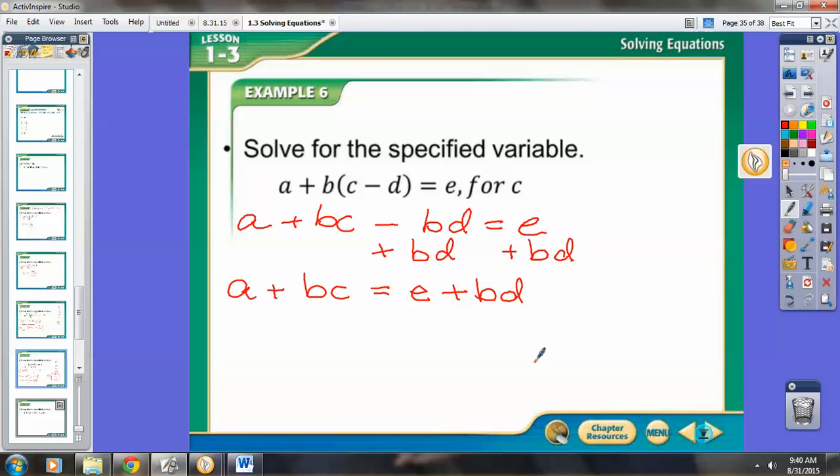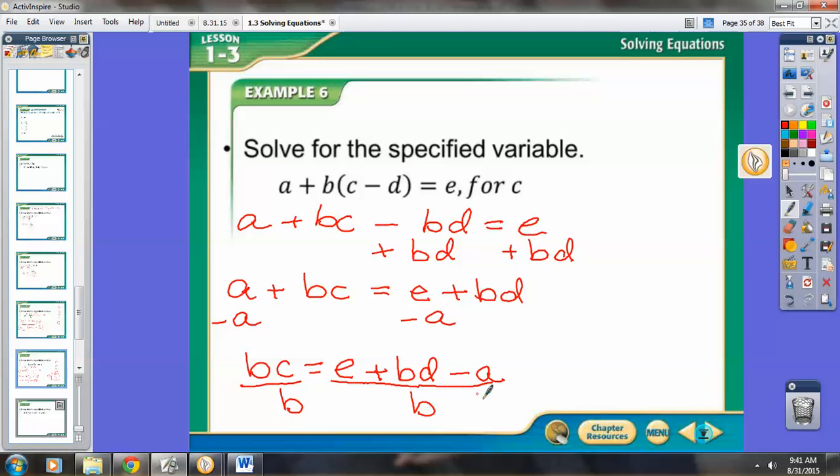Subtract A, that would be a good next step. BC equals E plus BD minus A. None of these are like terms, so we can't combine them. Divide by not BC, but divide everything by